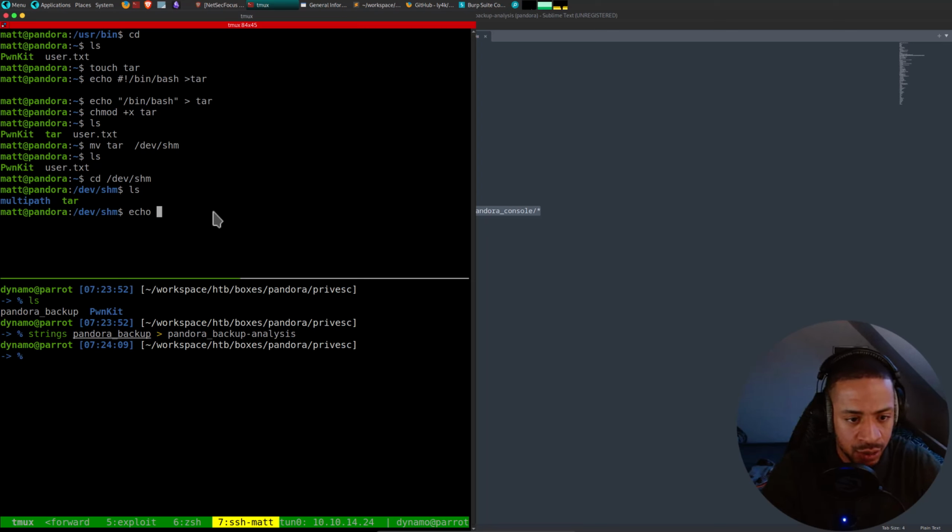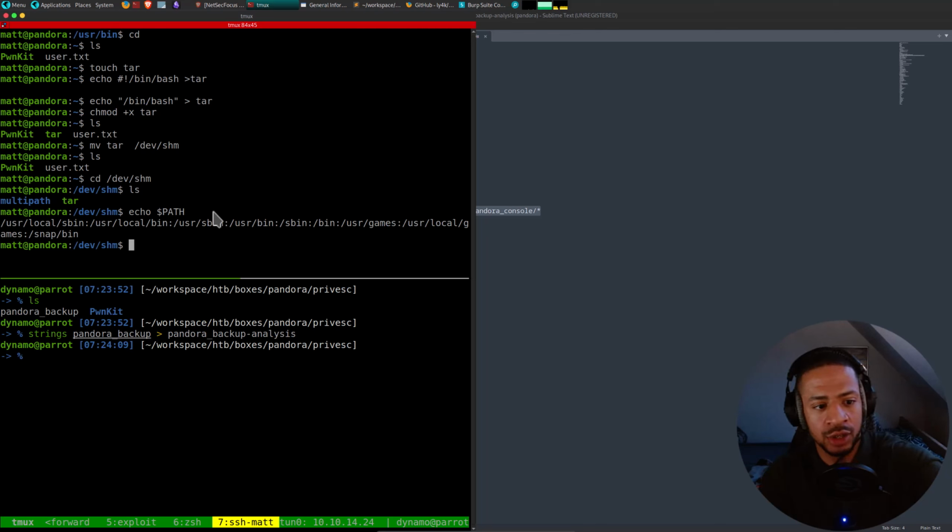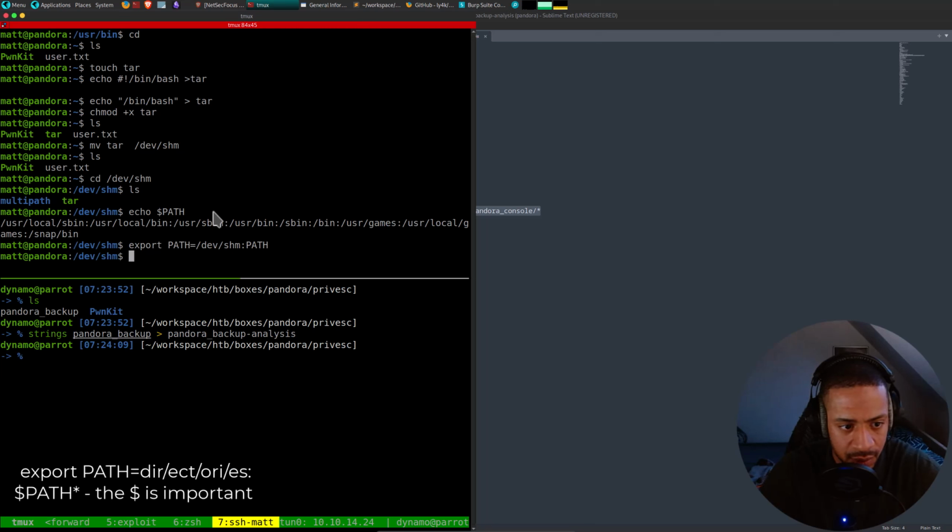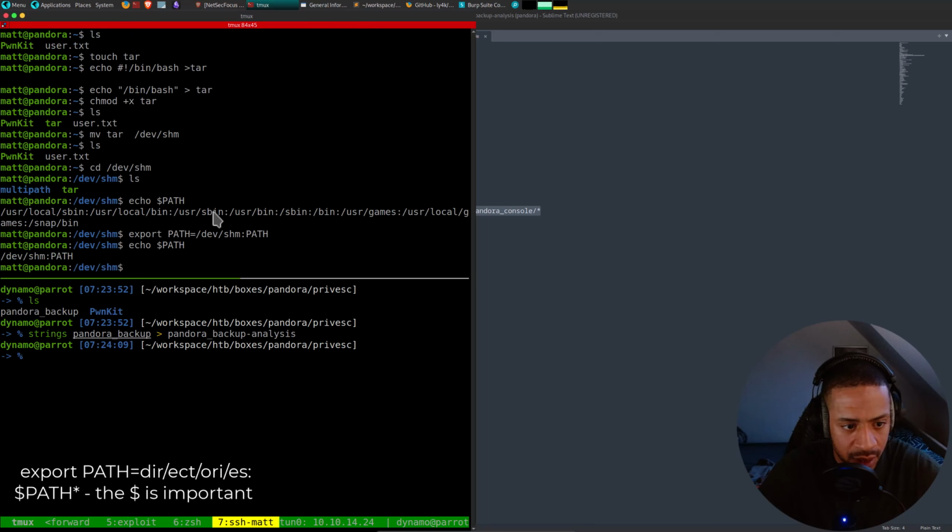And if I do echo path, it will check usr local sbin first, then usr local bin, and I can add something here. So I can say export path equals, let me please do this correctly, dev shm into path. That should be correct. And now echo path.